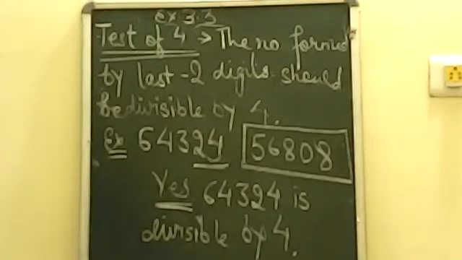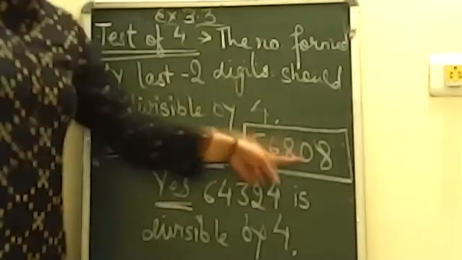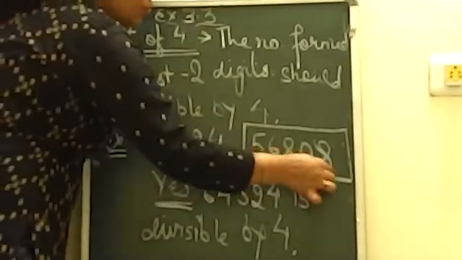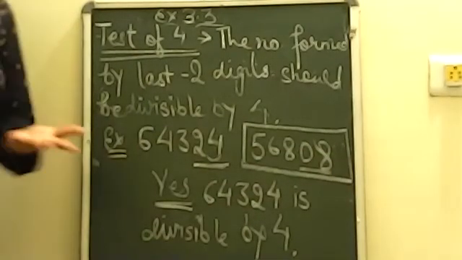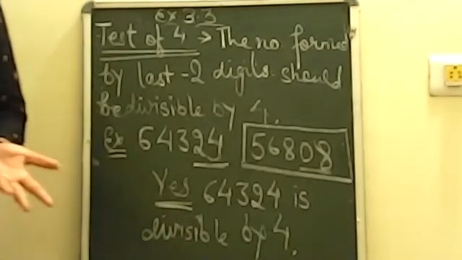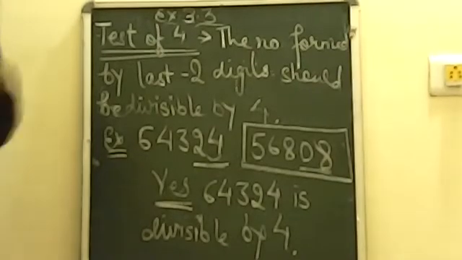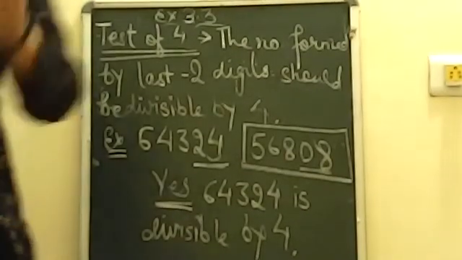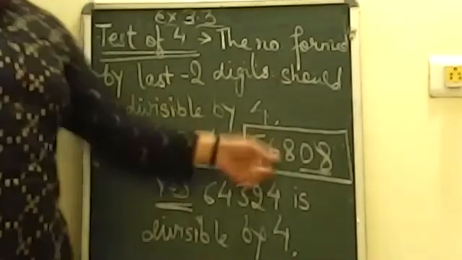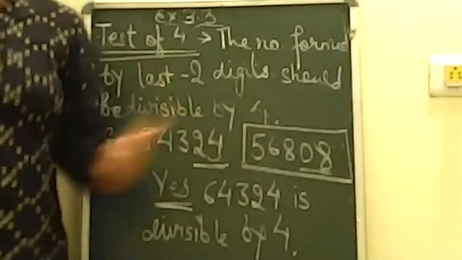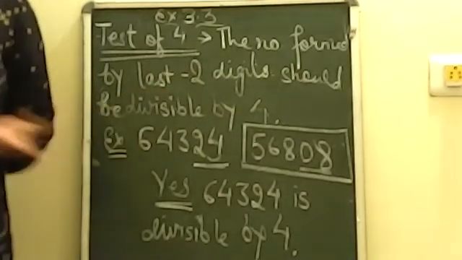Yes, students, you are totally right. Why are you right? Because if I underline the last two digits of this number, I will get 08. और 08 is nothing but only 8, है ना. 08 का मतलब 8 ही होता है बेटा. And if it is only 8, in the table of 4, 4 ones are 4, 4 twos are 8. It means yes, it will come in the table of 4. That means both these numbers are divisible by 4. You don't need to divide and check. You can simply say that yes ma'am, it is divisible by 4.